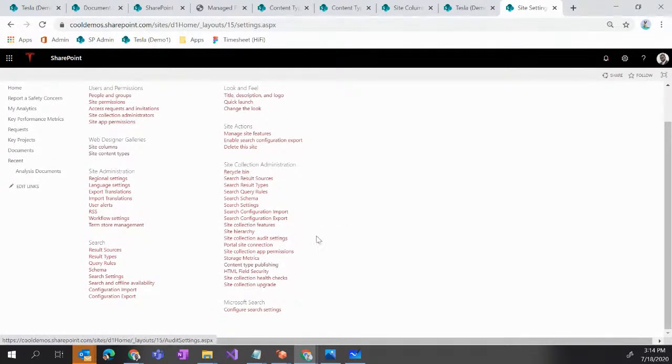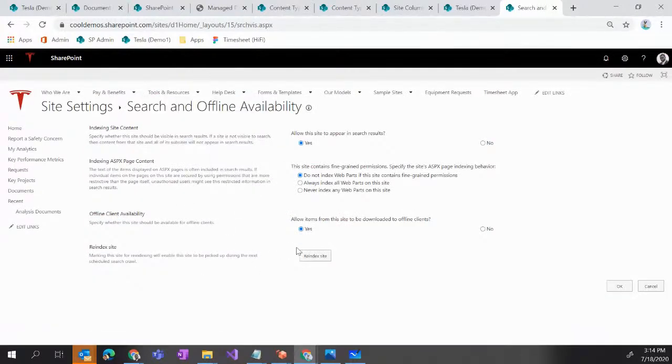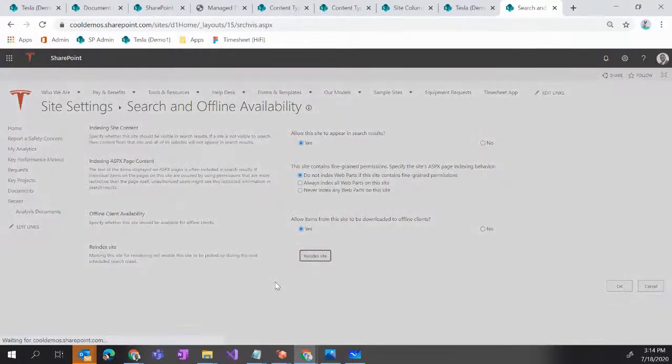All right, so here I can go to search and offline availability. But note that what I'm looking for is the reindex option for this web, which is the root web within the site collection and not the site collection. So that's why I'm in this group of options that's under search, which pertains to the root web, whereas these options pertain to the site collection as a whole. So here at the root web, I can go to search and offline availability, hit reindex the site,